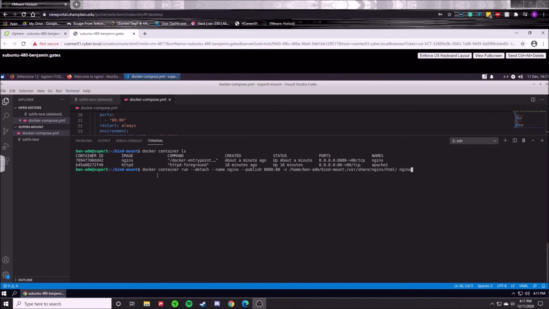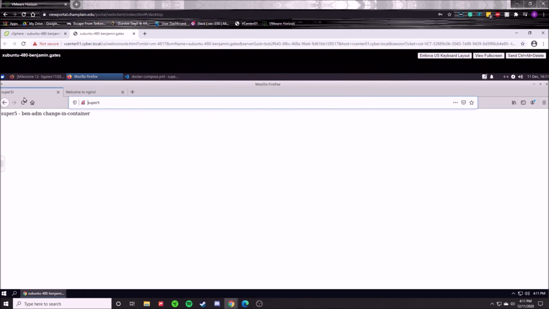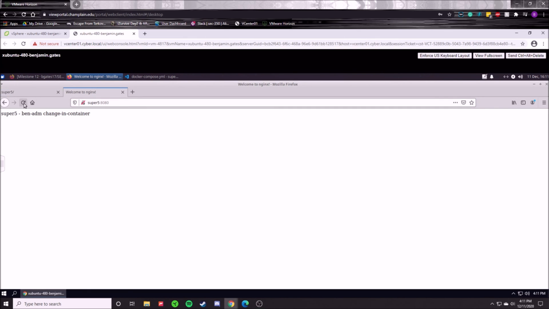Okay, so I created the Nginx container with this command right here, and it is now up and running, and I can see it up here. So this is my regular Apache, and then this is my Nginx running on 8080,